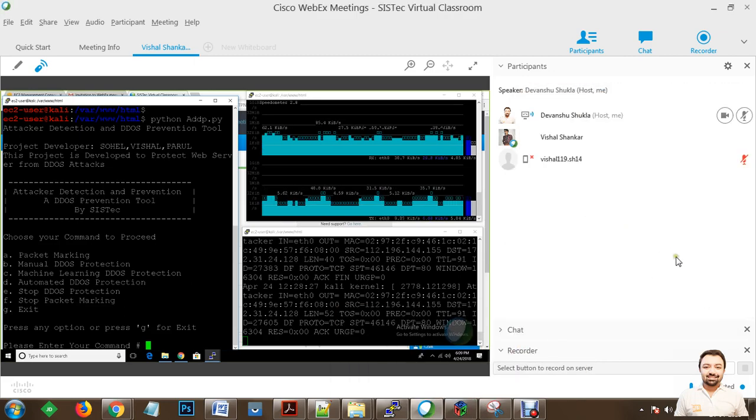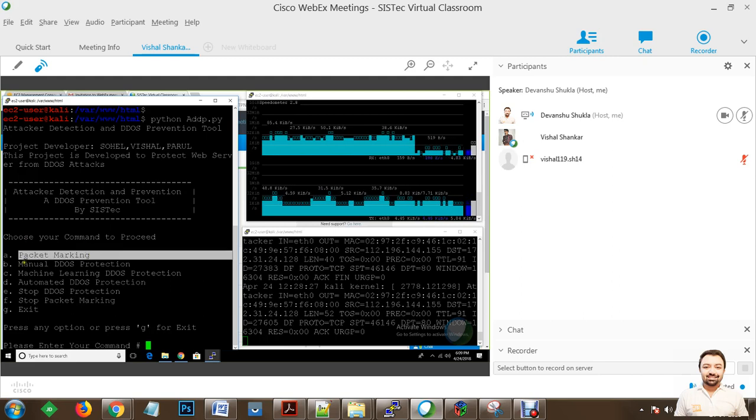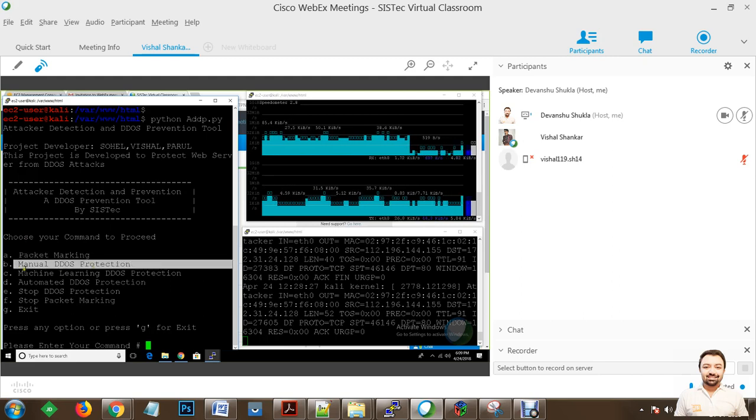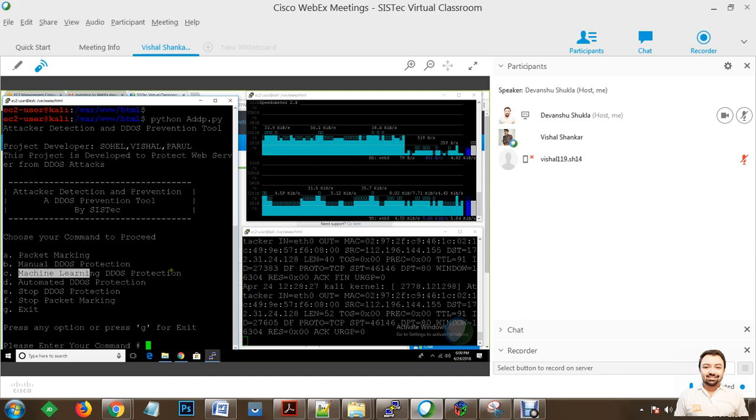Now once we have cancelled the attack, you can see that the server side is again showing that the unnecessary connection requests are now down. Now, on the left hand side, in order to perform this protection, you can quickly perform packet marking, you can perform manual DDoS protection, and you can perform machine learning DDoS protection.